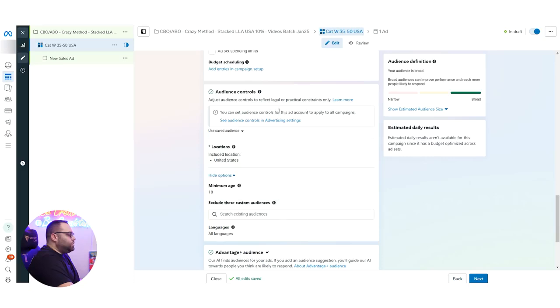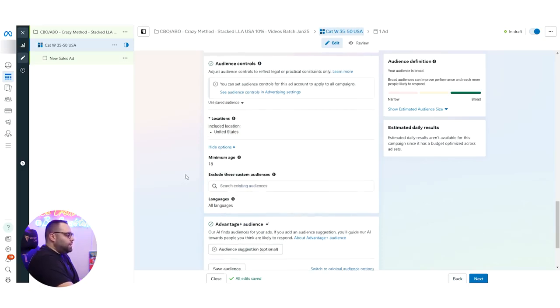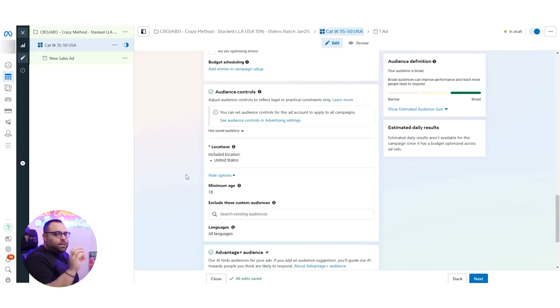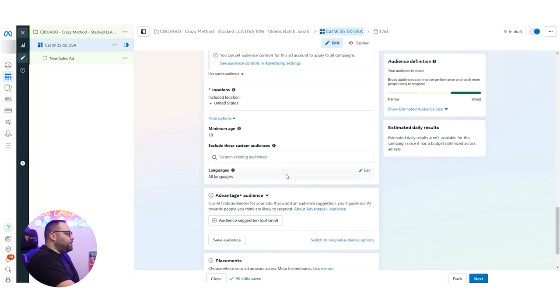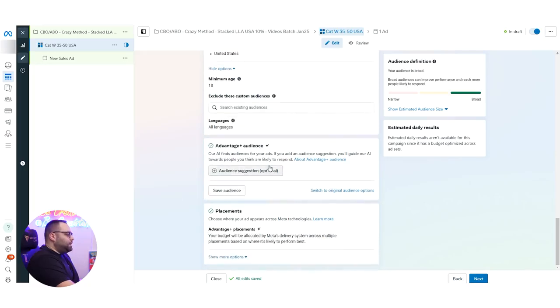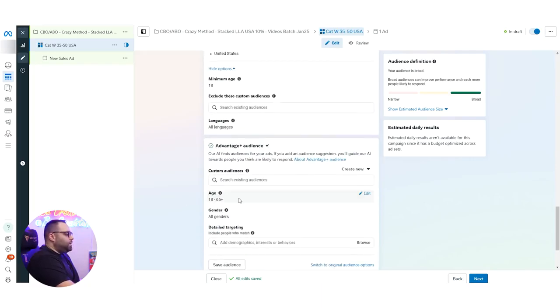The only control that we can have here, as you can see, is the minimum age, and if we can target United States or other countries, and if we want to exclude something, and the language. These are the only things that it's going to respect, okay? So even here, if you're going to put only people who speak Greek, it's going to respect it, okay? If you put all languages, even if you target in some way, you're going to add some suggestions over here. For example, if you put over here